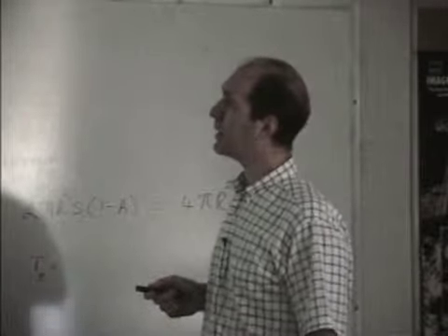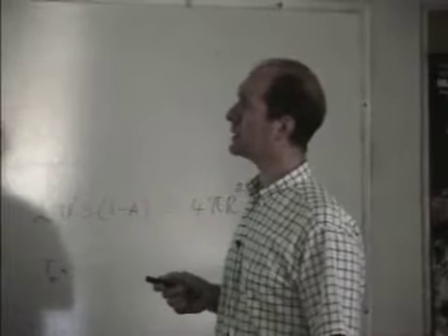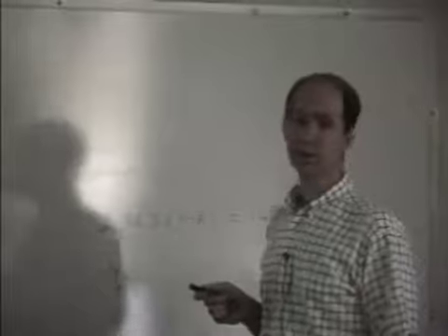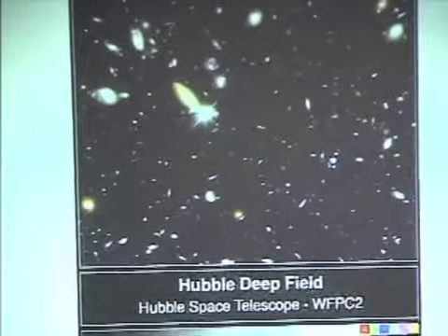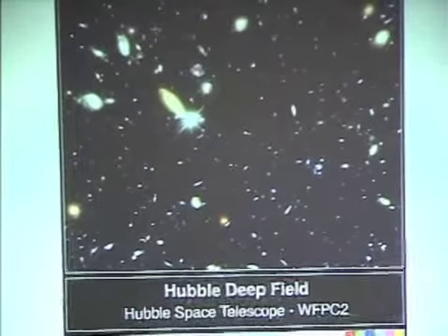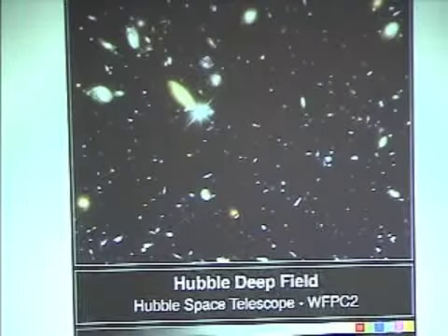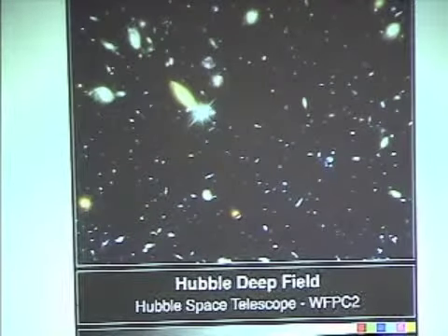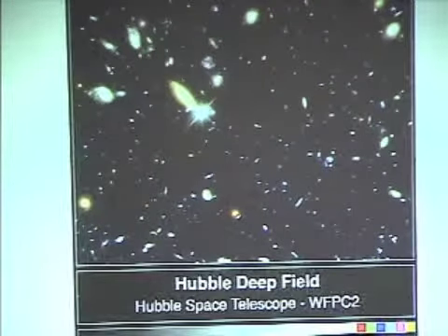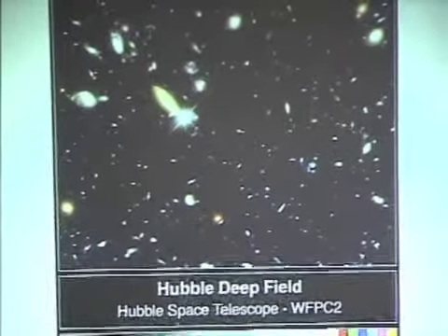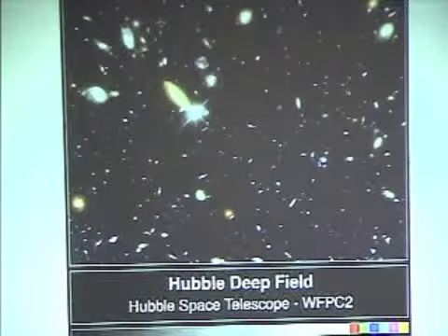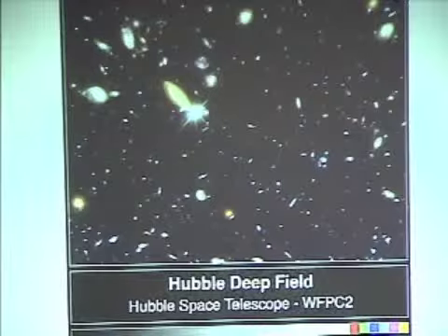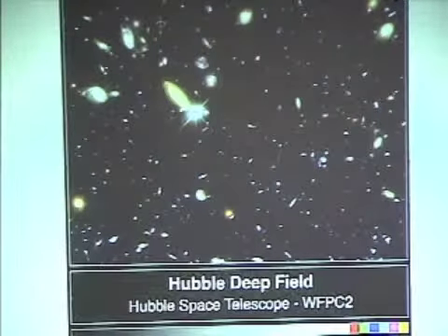Now, one thing that you can learn from these galaxies is by looking at their distances and their velocities. You find something that's been known since the 30s, that the universe is expanding, that the more distant galaxies in this picture are receding from us nearly at the speed of light. This is known as the Hubble expansion, and Edwin Hubble was able to get his name on a telescope for inventing this idea. The idea was totally shocking in the 30s, but it tells us that the more distant an object is, the faster it appears to be receding from us.